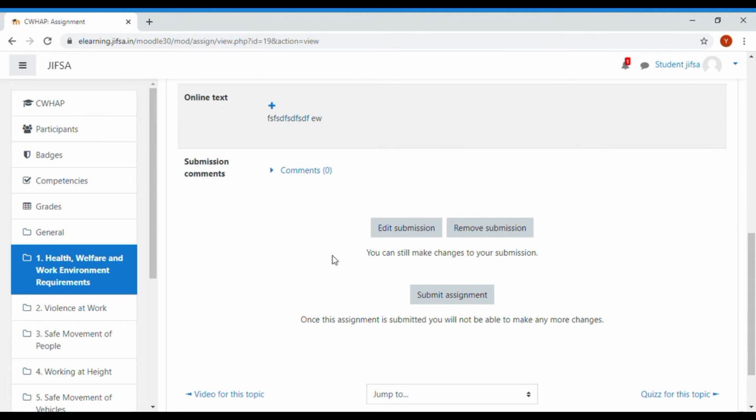You still have the right to edit or remove your submission. But when you click submit assignment, your assignment will be completely submitted, and you don't have any right to edit or remove your submission.